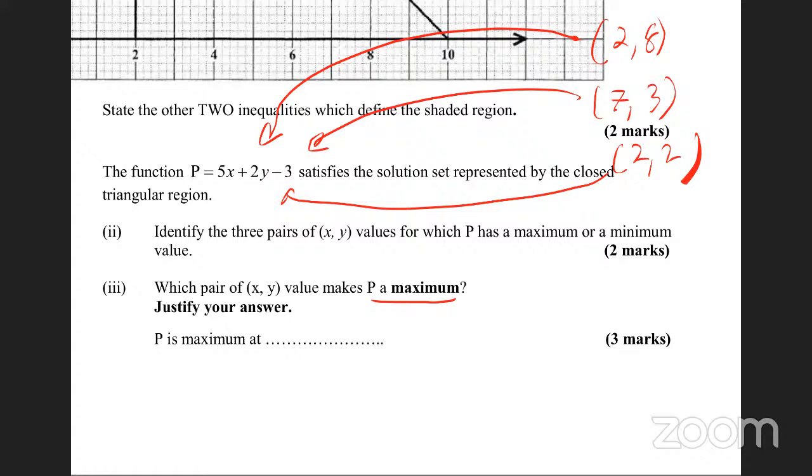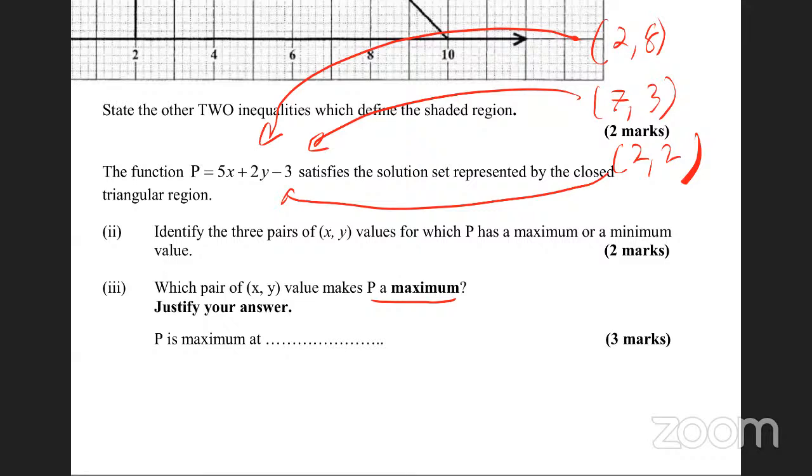So would it be 7? Sorry, I'm not sure. Yep, you gotta work out which one gives the largest one. That they are. All right, so let us see